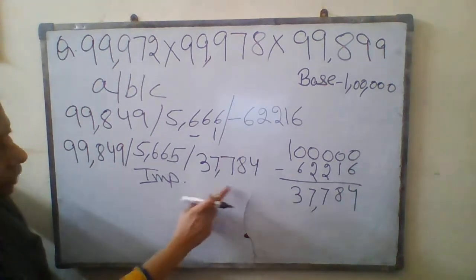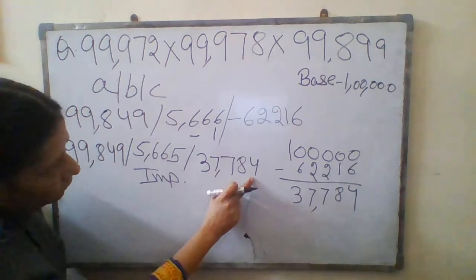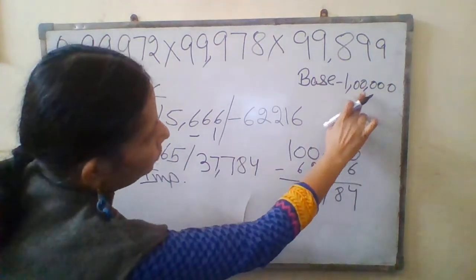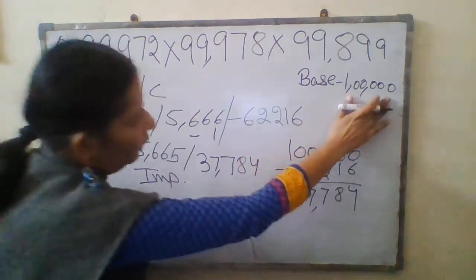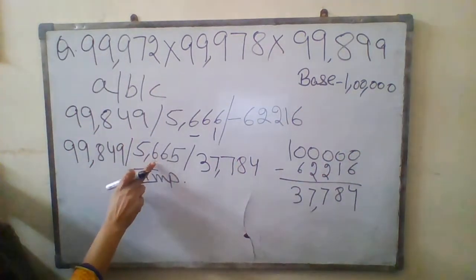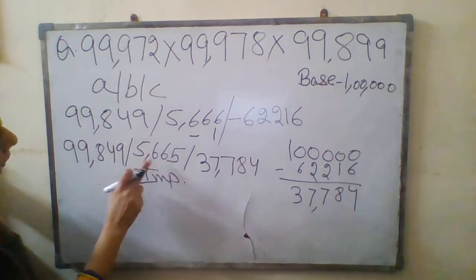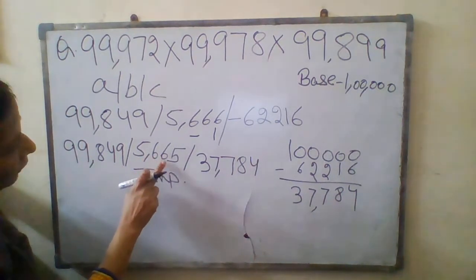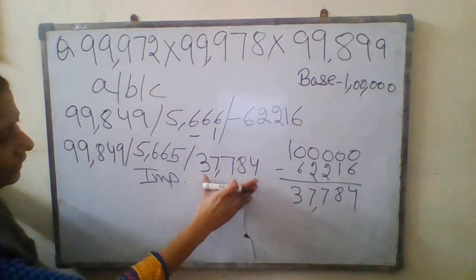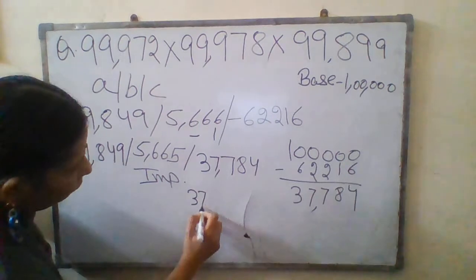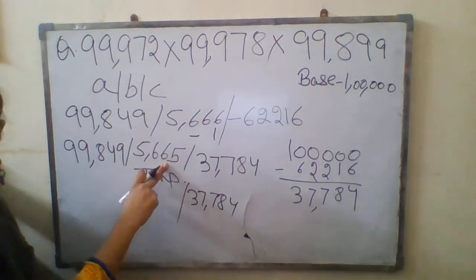You see, count the digits. 1, 2, 3, 4, 5. And how many zeros? 1, 2, 3, 4, 5. So here you have 5 digits, and here you have 5 zeros. Look at this portion B. In B portion, how many digits are here? 1, 2, 3, 4. So, first 5 digits are here, and I am going to write down these 5 digits as it is. Slash. These are the 4 digits.